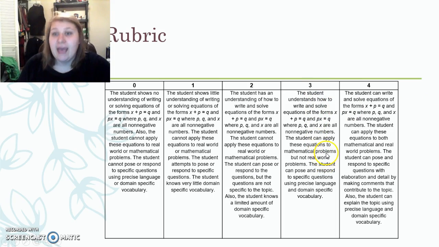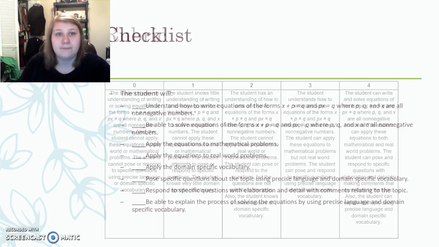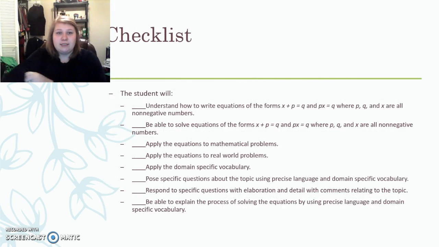For 3, they did understand how to write and solve equations, and they could also apply these equations to mathematical problems, but not the real world. And for 4, they could write, solve the equations, and they could apply it to the mathematical problems and the real world problems. We also have a checklist, and the checklist says that the student will understand how to write